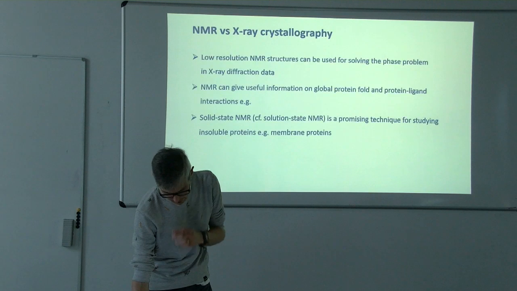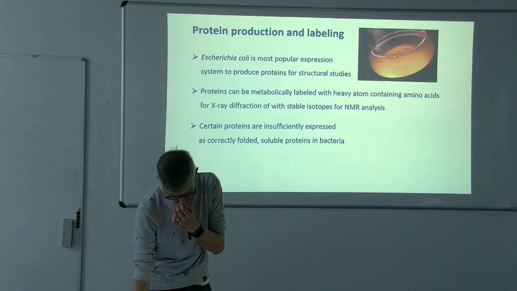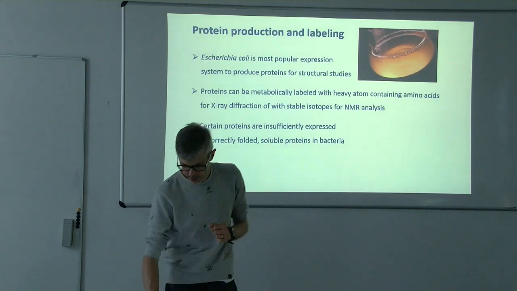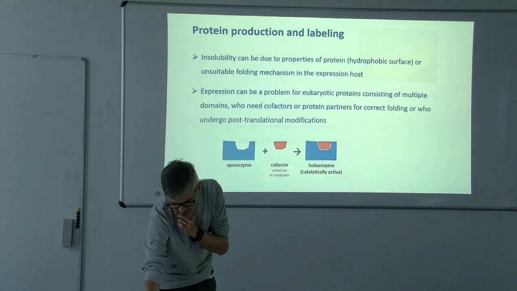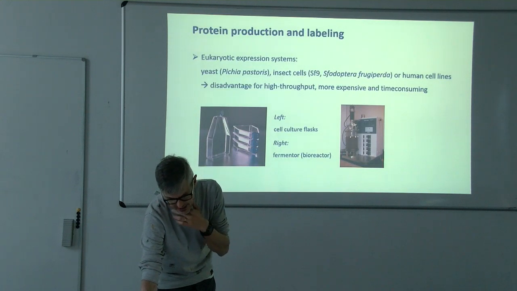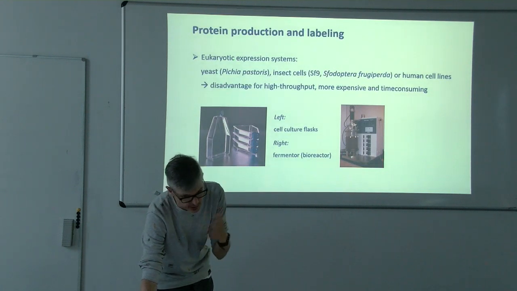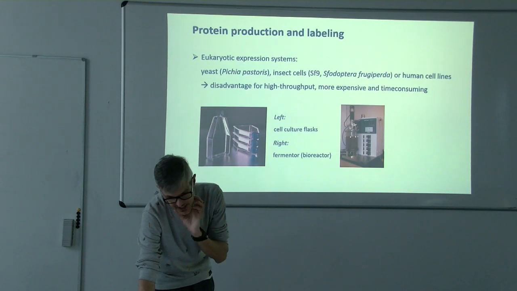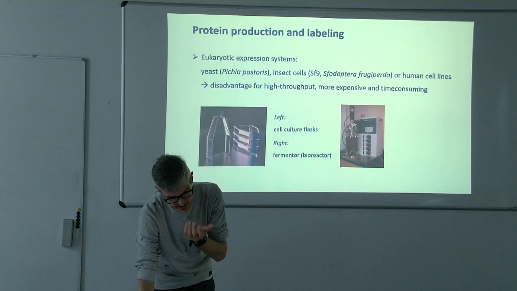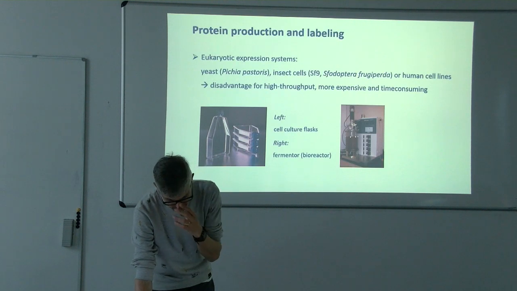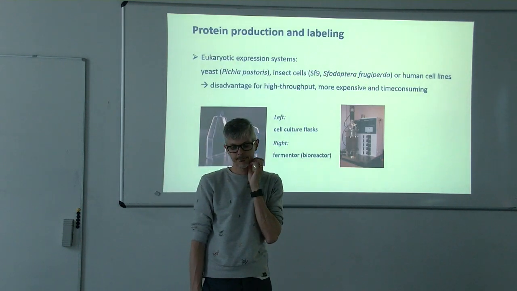And then this is just about how you can produce your protein. You can just read and study that. Then they have different expression systems typically used, for example, E. coli. But you can also have yeast or insect cells, so it depends if you have problems to have a protein that doesn't